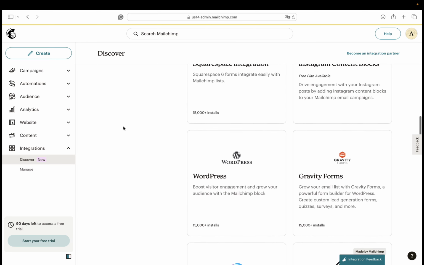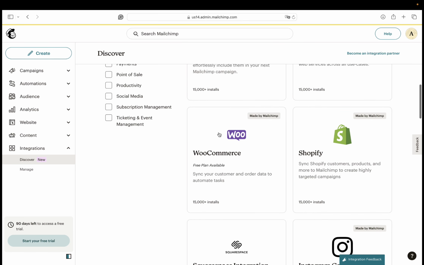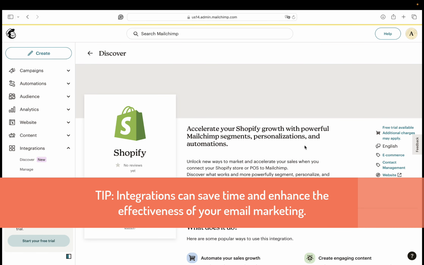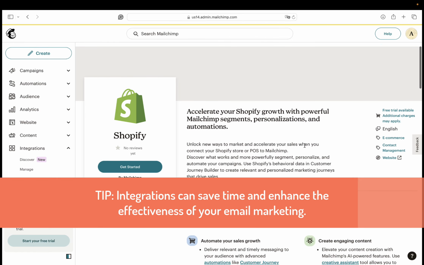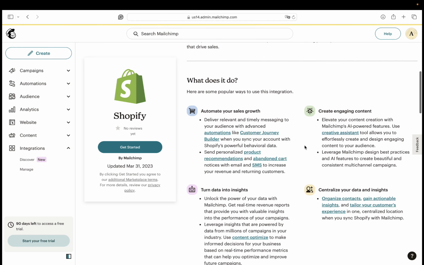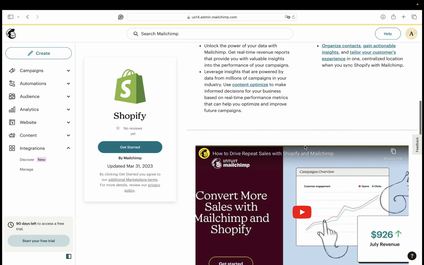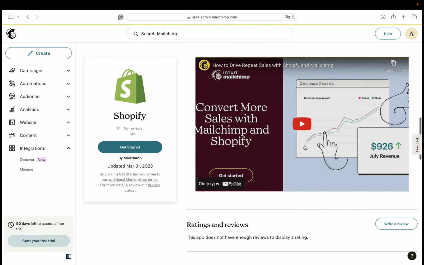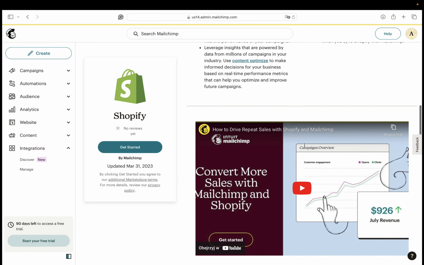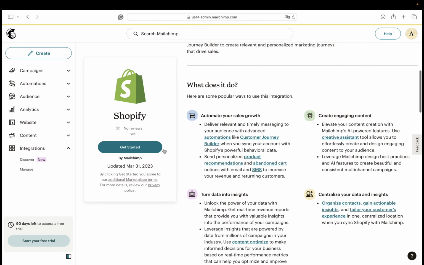For example, integrating with Shopify allows you to sync customer data and automate product recommendations in your emails. This integration ensures your email campaigns are always up to date with your latest products and customer behaviors.